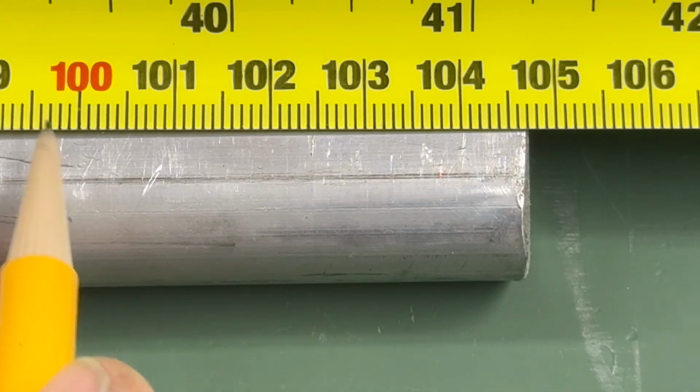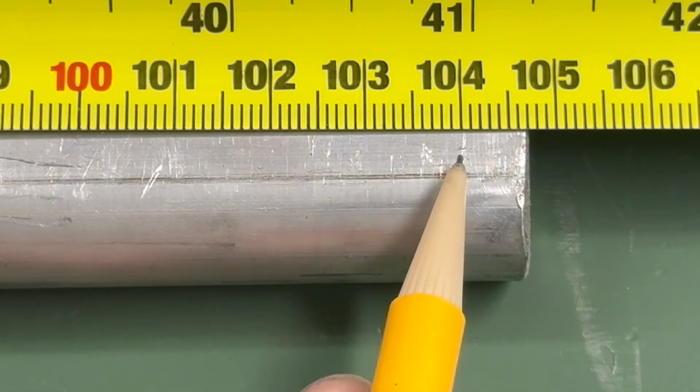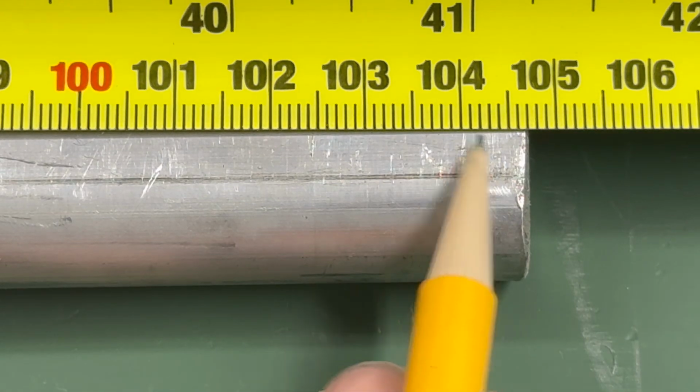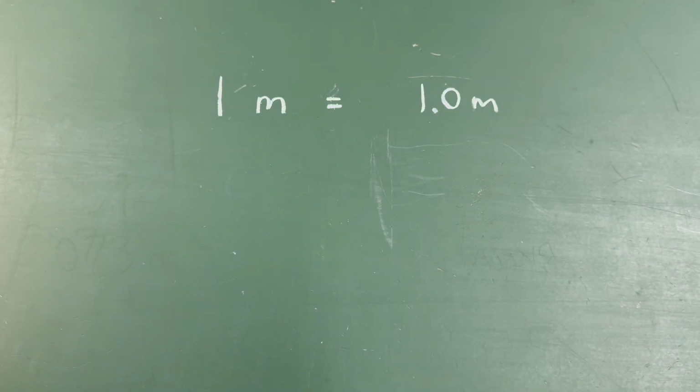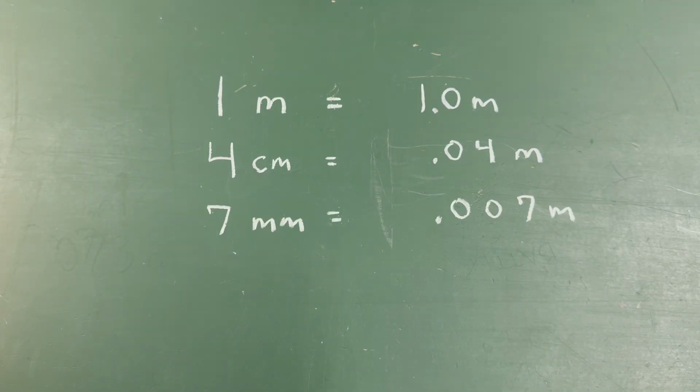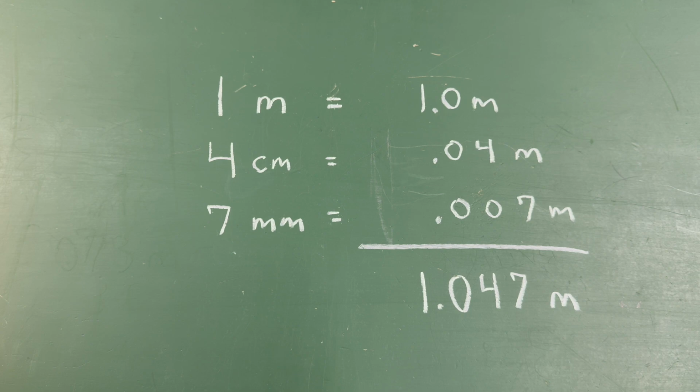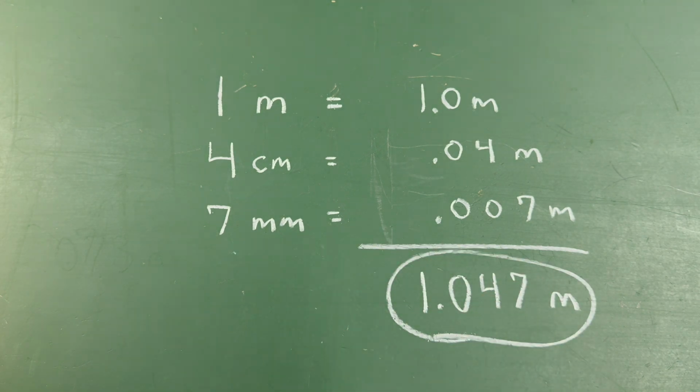Here we see this thing has 1 complete meter, 4 complete centimeters, and 7 millimeters of length. But we don't want to have to say or write 3 numbers with 3 units. We condense this to 1 number with 1 unit. Let's choose to express this measurement in meters. 1 meter is 1 meter. 4 centimeters is 4/100ths of a meter, so 0.04 meters. And 7 millimeters is 7/1000ths of a meter, 0.007 meters. All 3 of those numbers have the same unit, so we add them all up for a measurement